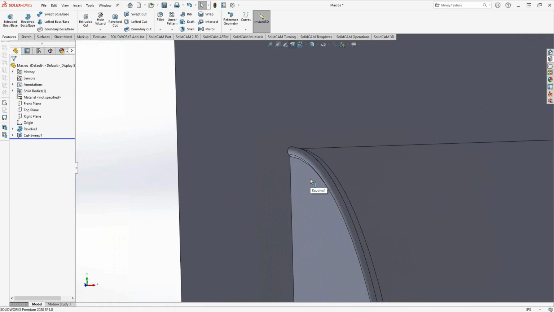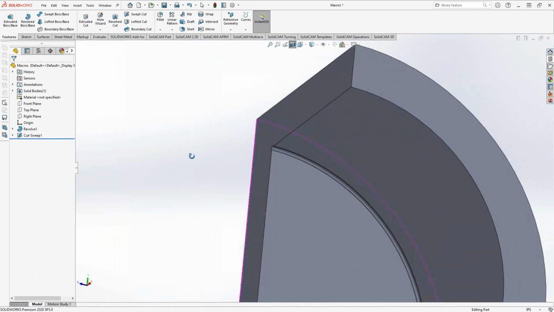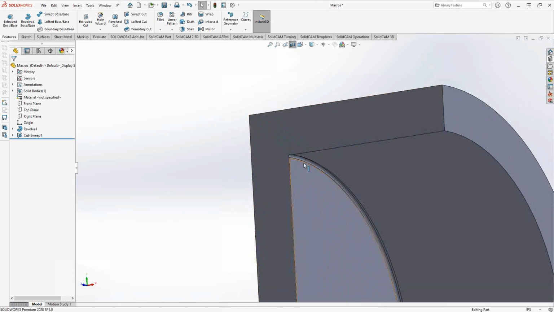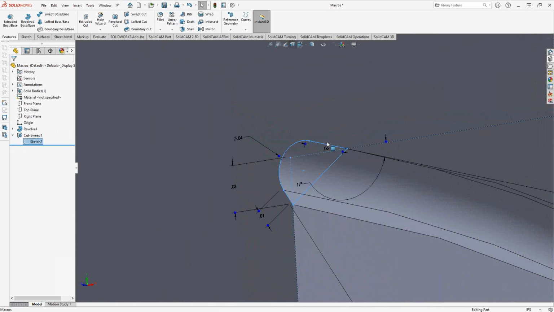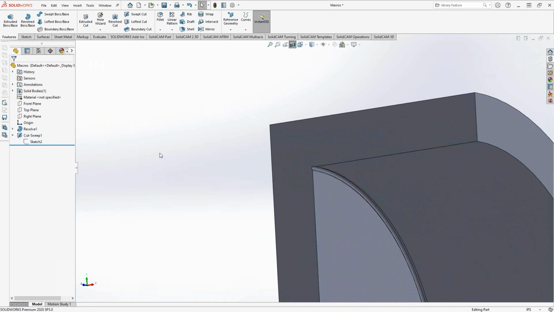Now, if I find that I have to do that every single time I get a part from the design team, or from the design department, from the engineer, and I find that I'm always adding that to make it more machinable, I could go in and constantly have to sketch that particular sketch and do the sweep and all that, or I can set up what's called a library feature. And a library feature inside SolidWorks is a pretty simple feature to create. All you have to really do is do your feature once, in this case my cut sweep using that particular sketch,